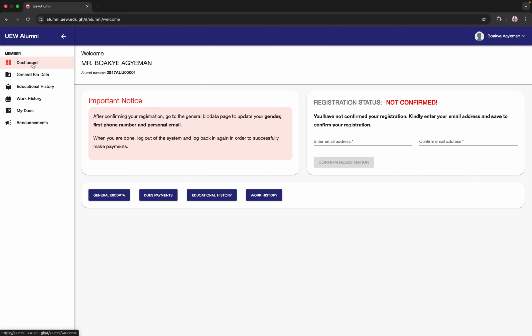Now let's quickly come back to the dashboard. Let's take note of some important things. Because we might not have your phone number or your personal email and even your gender because of some issues, what we normally suggest you do is that you go ahead and edit that piece of information before you even proceed to the payment. Okay. For example,